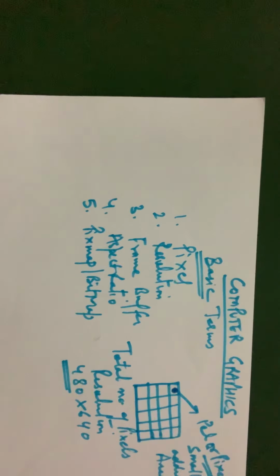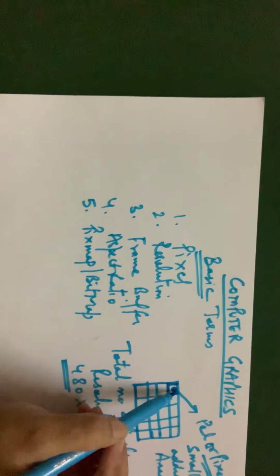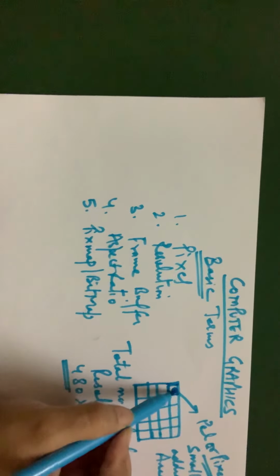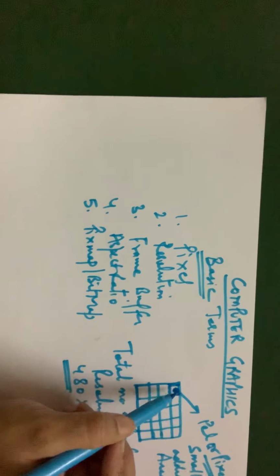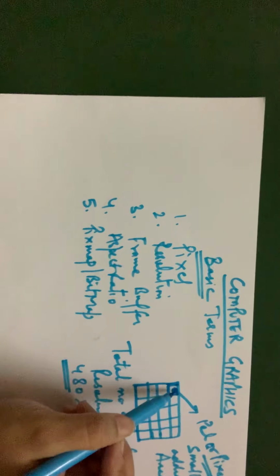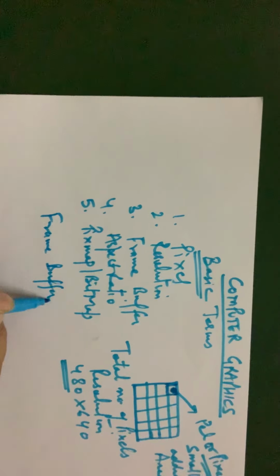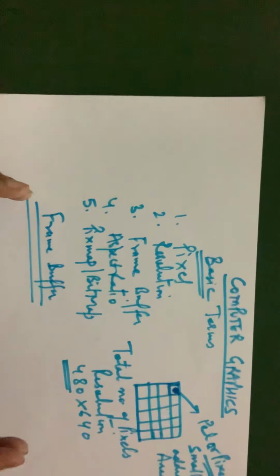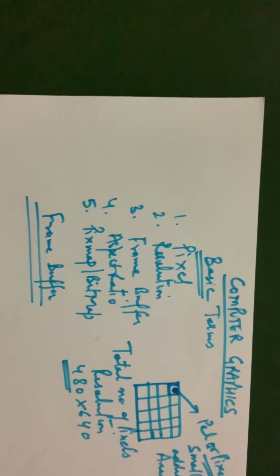Now all these pixel values are stored in some buffer. The buffer is the smallest addressable area wherein we store the values. If we take a particular address, what value does it contain? It contains the bit value as well as the intensity value. So every pixel along with its intensity value is stored in the frame buffer. The frame buffer is nothing but a storage buffer which stores the value of each pixel along with its intensity value.